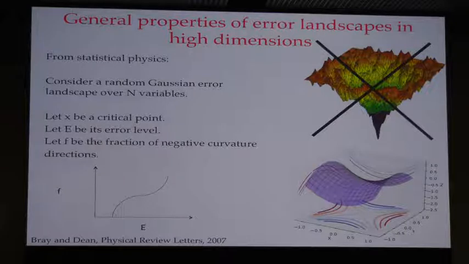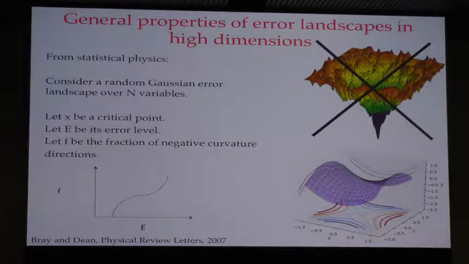This has two major implications. One, there are no local minima at high error. That's this region, it's forbidden. And two, if you're at a local minimum, your error level is close to that of the global minimum. Now, as physicists, we're kind of used to the notion of universality, which is that there are certain questions that have answers that don't depend on the details. For example, what often happens is there are certain questions whose answers only depend on the symmetry of the problem and the dimensionality of the problem. So for any generic error landscape in high dimension, you expect this kind of qualitative feature to hold.